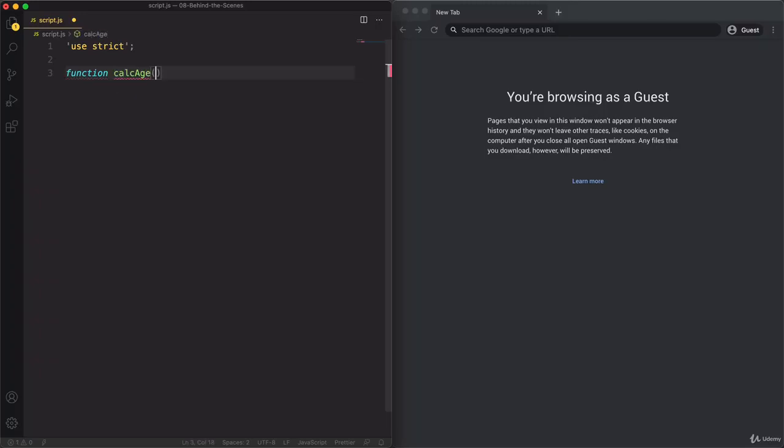So calc_h, which is going to receive a birth year. And then all this function does is to calculate an age. And so this is nothing new at this point. So the current year minus the birth year. Then let's also return that age here. And so this calc_h function here is, as we learned in the last lecture, defined in